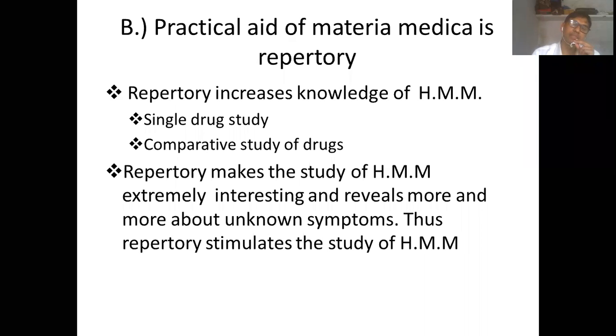So, this is how repertory increases knowledge of homeopathic materia medica by these two mechanisms: single drug study and comparative study of drugs. Then one more point is that when we refer to the repertory while doing repertorization, we come to know something unknown, new symptoms. We come to know some unknown facts about the specific drug. For example,